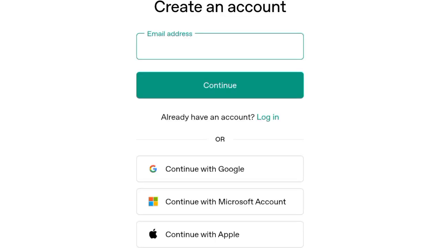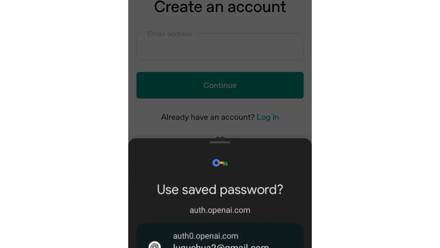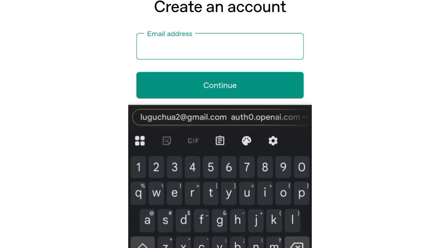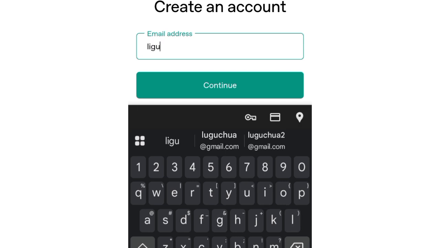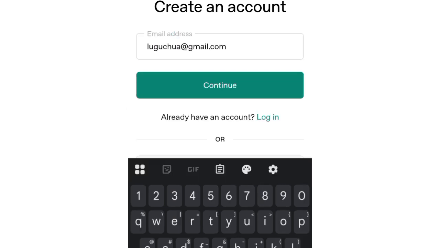and then if the sign up form opens up, you can enter your email address and then click on continue, or you can either create an account in ChatGPT using your Google account, or maybe continue with your Microsoft account or Apple account. So we are going to use an email to create. So you just enter your email address and then you click on continue,